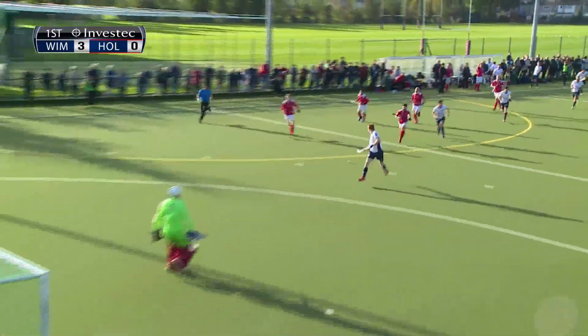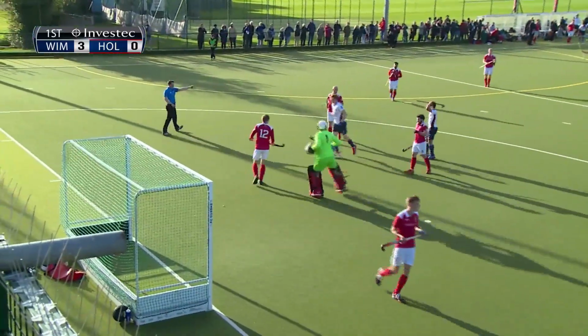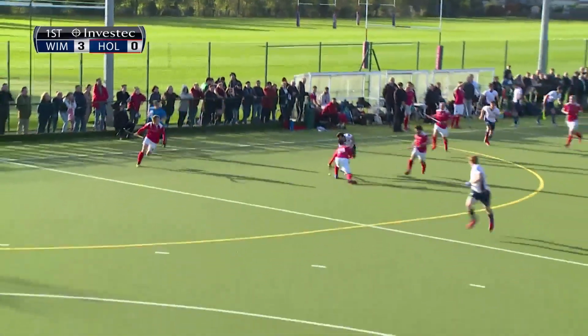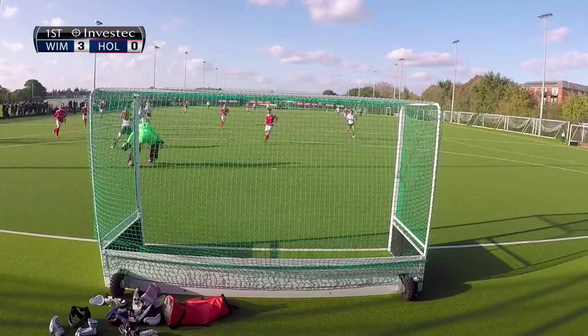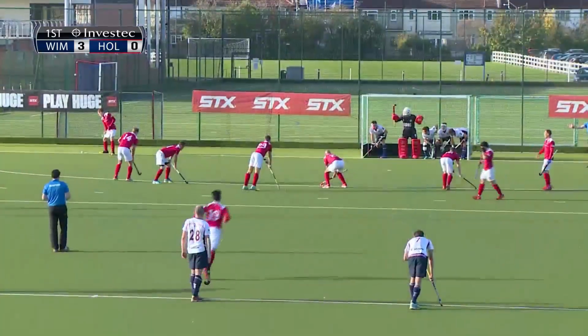Arnold, who has Haller in front of him. Haller one-on-one with the keeper. Haller to make it 4! No, George Pinner denies Wimbledon a fourth. Lovely run and pass from Ben Arnold. And here, Ed Haller with a chance to make it four, but outside of Pinner's left kicker, keeping Holcombe at